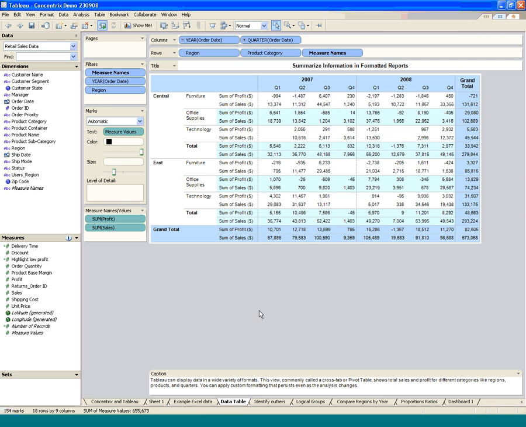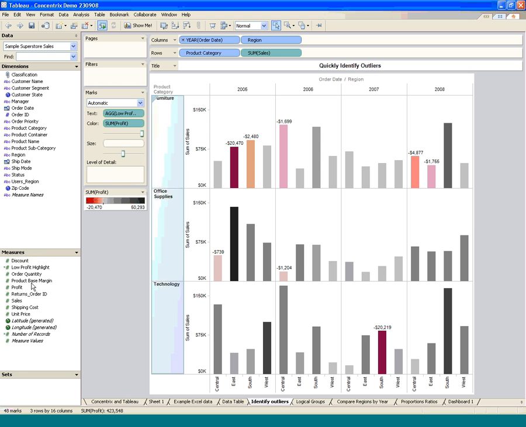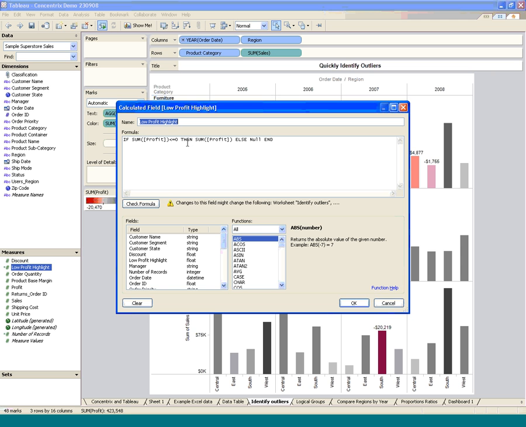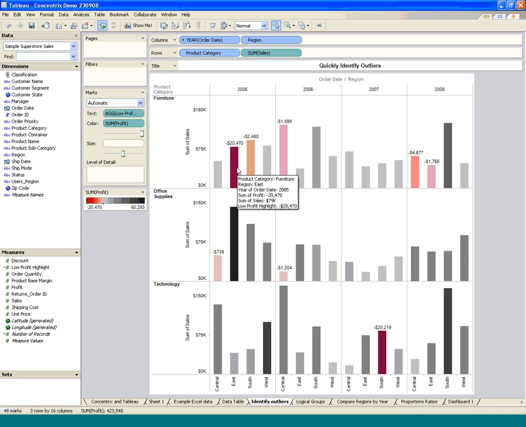This is just showing a table of data where we've prepared subtotals for profit and for sales by the 4 quarters in 2007, 2008, and also given a grand total for those 2 regions. In this example, I've added a calculation which just identifies any value of a loss in any particular category. And what I wanted it to do is display this loss, the low profit, on the bar chart immediately above the bar where the loss is